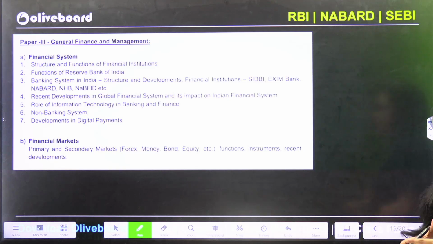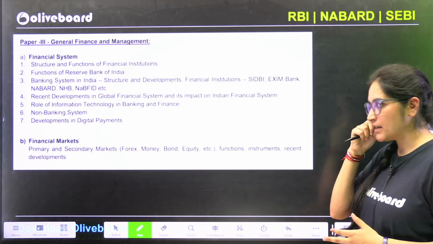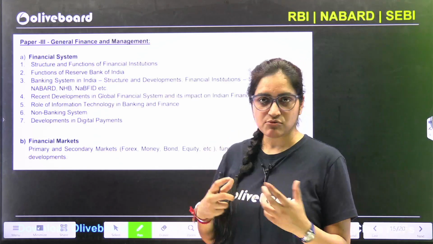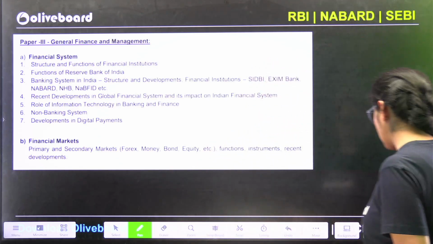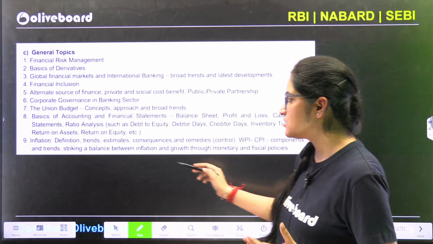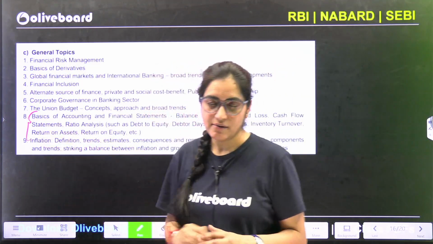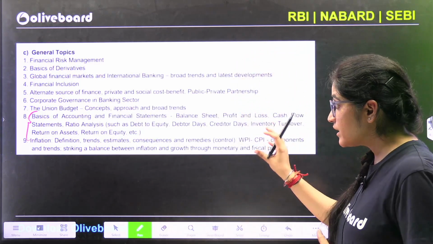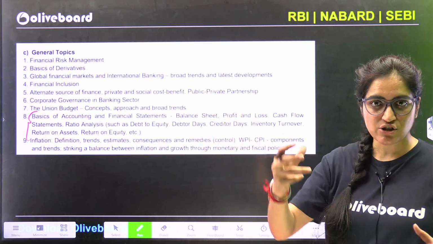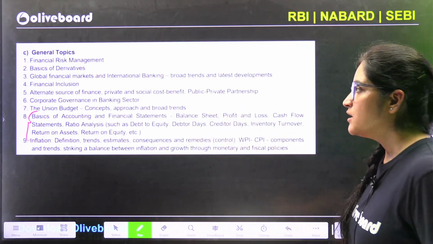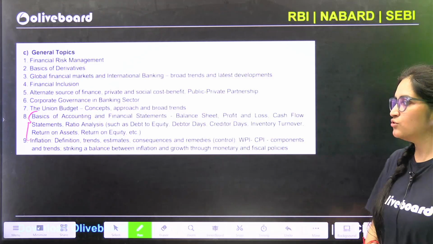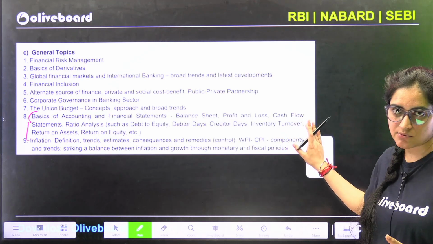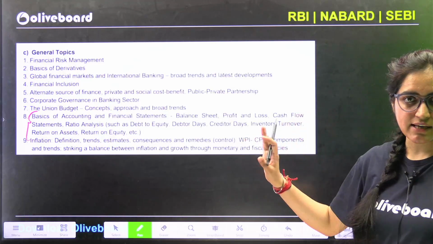From your finance section, you can just go through the topics that are there. There were some changes that were made in the last year, and because of those changes, this accounting segment was added. Last year, because the syllabus was just changed, the accounting question that was asked was very easy. Certainly in this year, you can find a tough question from this end as well. So therefore, be prepared with this segment.